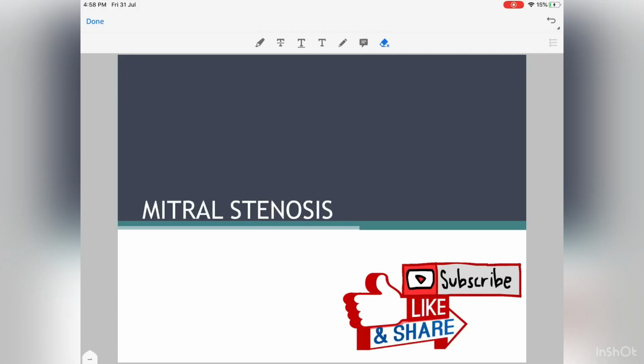So in this video we are going to study about mitral stenosis with particular emphasis on how to identify the murmur, how to identify heart sounds, etc. The term mitral stenosis means narrowing of the mitral orifice. So mitral stenosis means there is obstruction to the blood flow from the left atria to the left ventricle due to narrowing of